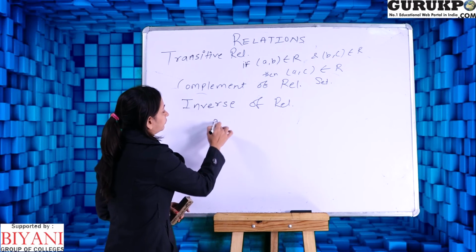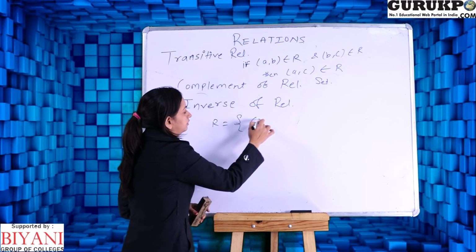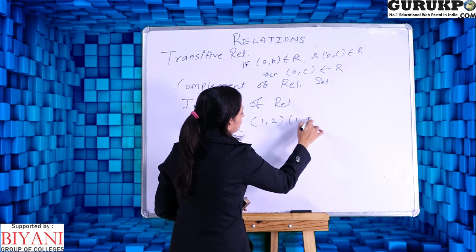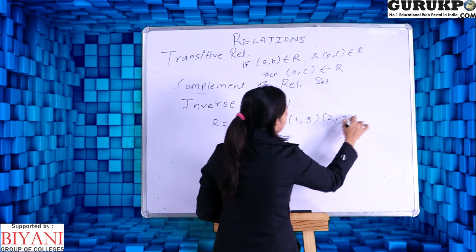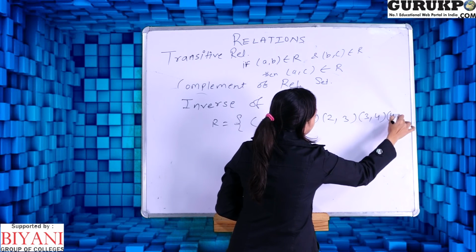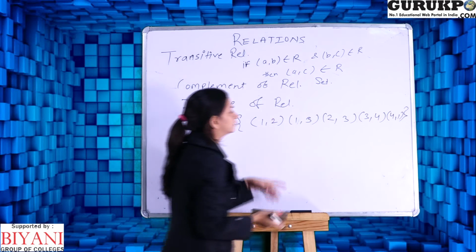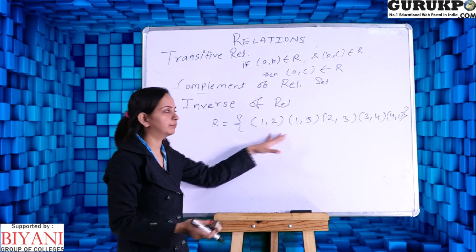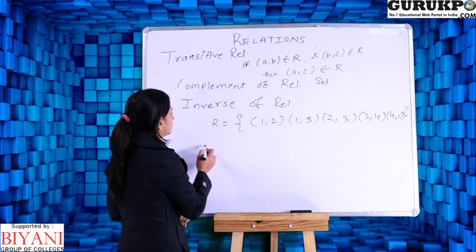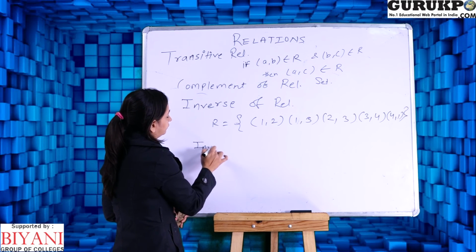That means if I have a relation 1 2, 1 3, 2 3, 3 4 and 4 1. This is a random set of relation. You can take any example, and if you have to find the inverse of a relation, so inverse of R